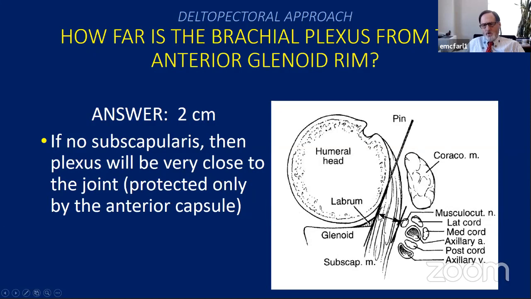And the reason that's important is in some patients who have cuff tear arthropathy, they have no subscapularis. So the only thing between you and the brachial plexus is the capsule. So you have to make sure, you know, the old axiom about getting on bone and staying there, it's really quite important. And if someone doesn't have a subscapularis, you have to be very careful when you get into the joint that you don't put a lot of retractors out in this area. And if you do, they need to be on bone. So you have to be very cognizant that the plexus is sometimes closer than usual.